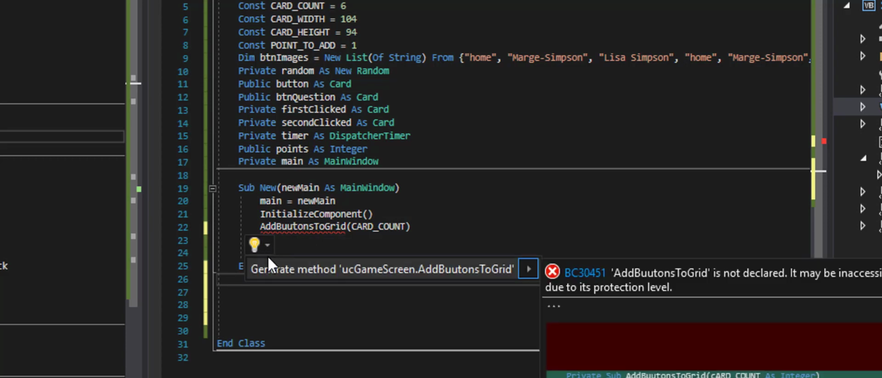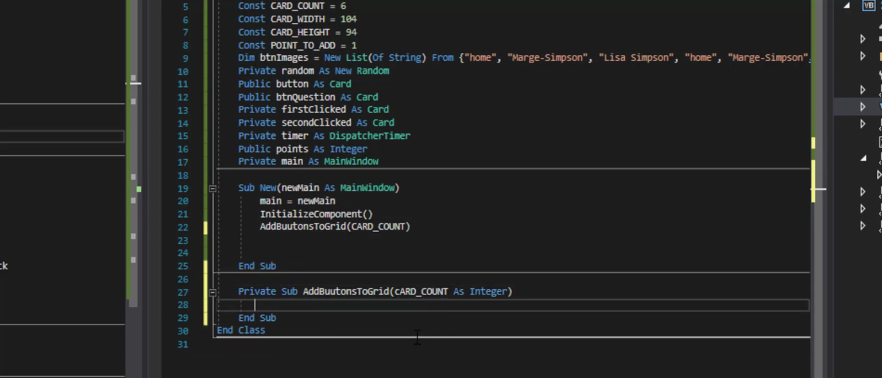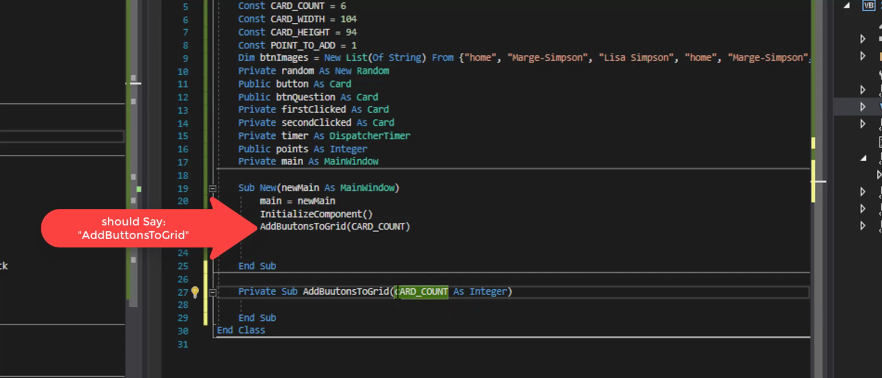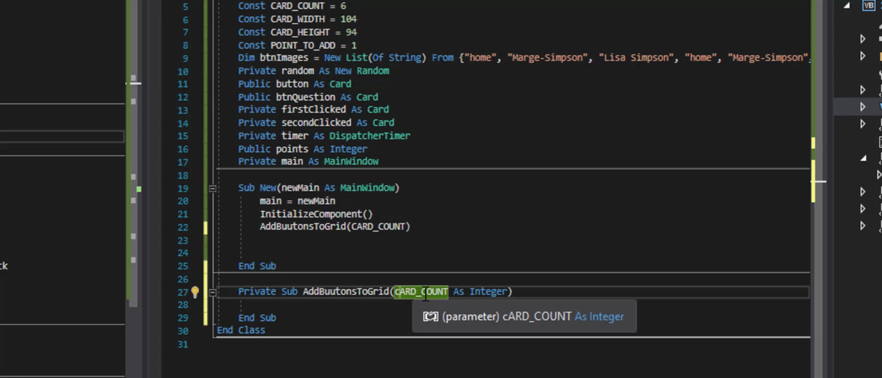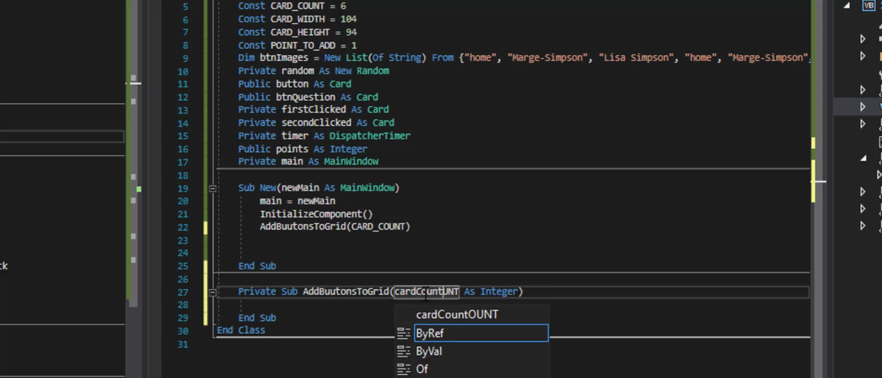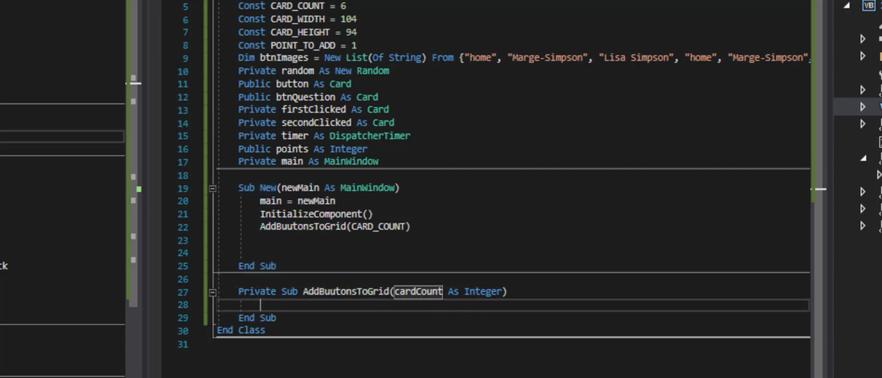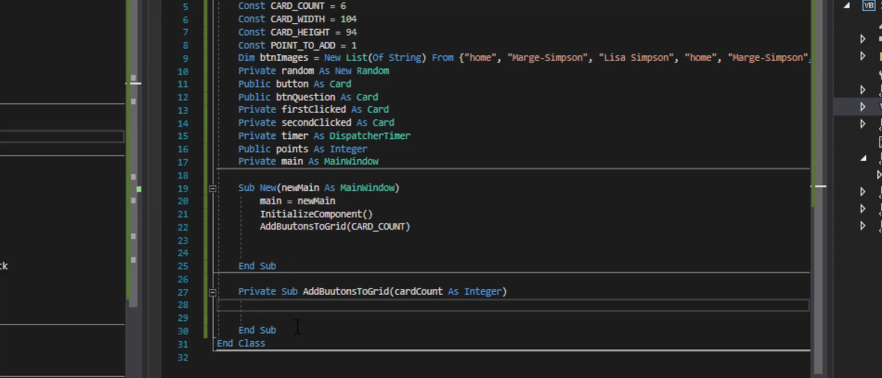So I'm going to go ahead and create that method, and right here you can see it created the arguments for me. It changed this argument to be a little bit different from there because this is a constant, and so it didn't want it to look like a constant. So I'm going to just call this something a little bit different. I'm going to just call this the number. How about card count? There we go. Okay, so now when we look at this,